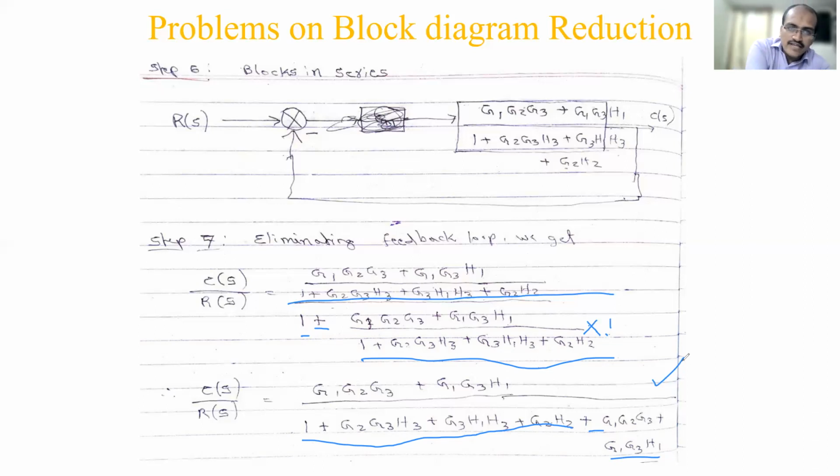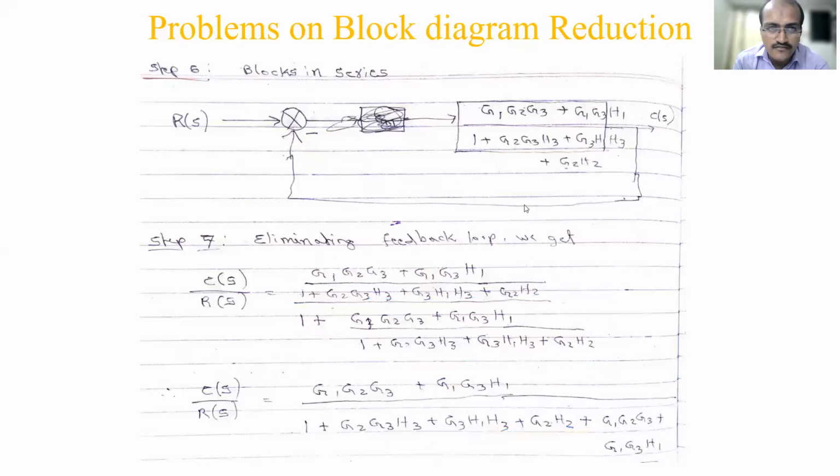Okay, so now the next set of problems: sometimes they won't give the block diagram. They will give you some system equations, and from that you have to construct the block diagram, or they may give you some electrical network, and from the electrical network you have to write the block diagram, and then do the reduction. Such type of problem is also asked. If they only give you the block diagram and ask you to reduce it, they will ask 8 marks. If they tell you to construct the block diagram and then reduce it, it may be asked for 8 to 10 marks. So extra things will come.